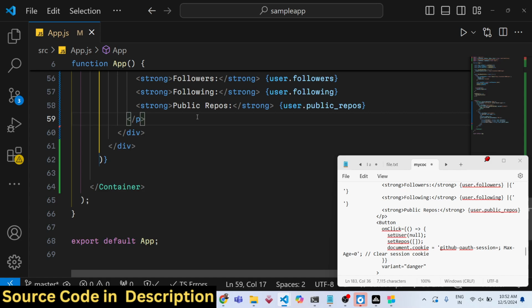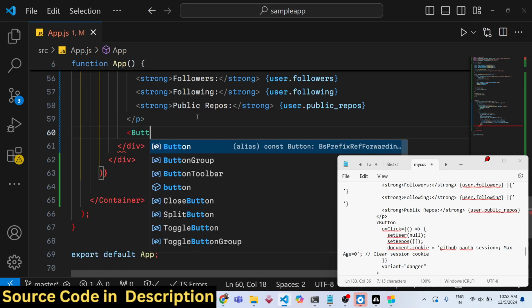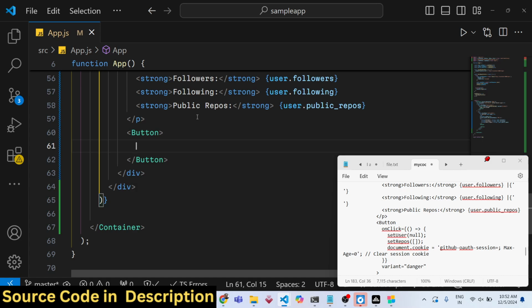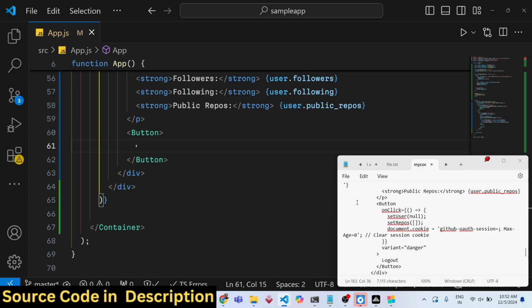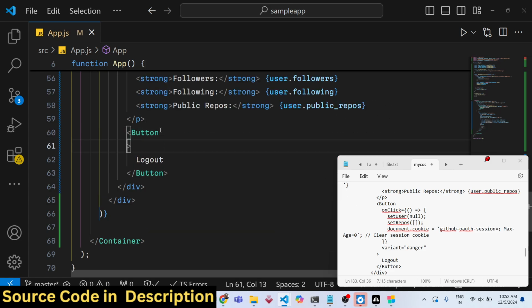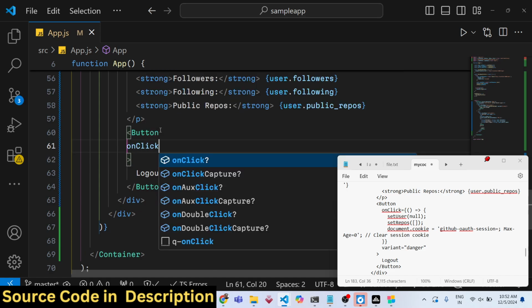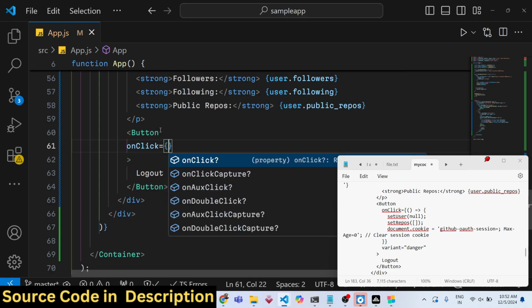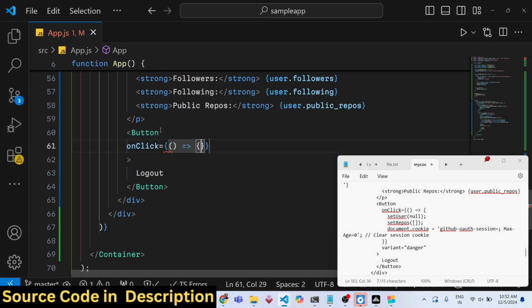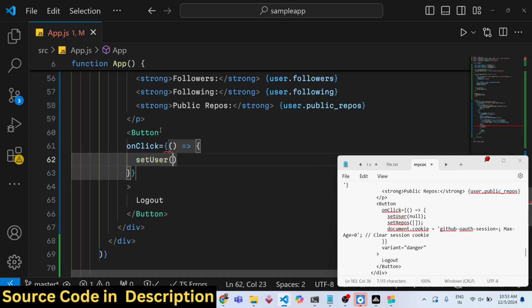So after this we will have a button. This button will be responsible for logging you out. So this will be a logout button. When you click this button,